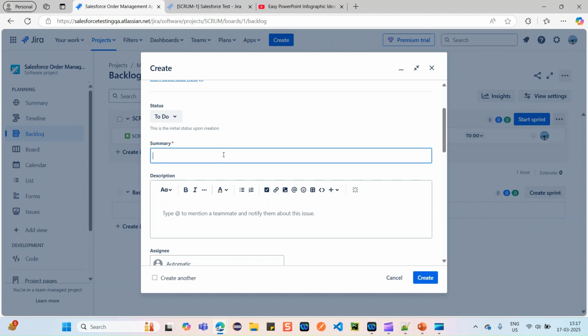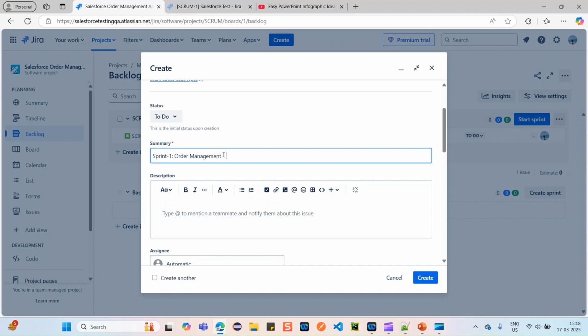If you found the defect in sprint 1, start with Sprint 1. Then mention the module name. In whatever project you are working on, you will have multiple modules, so just mention the module name, for example, Order Management.